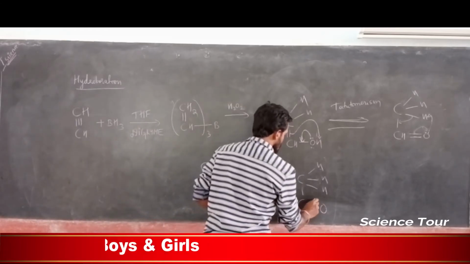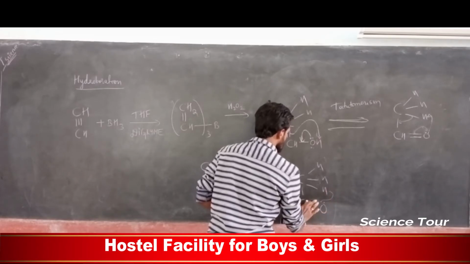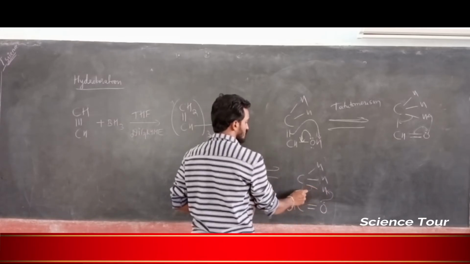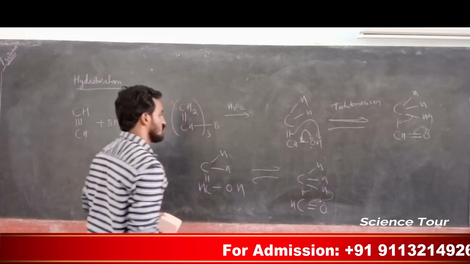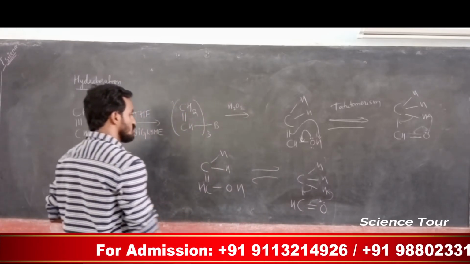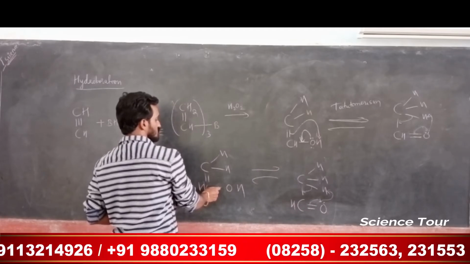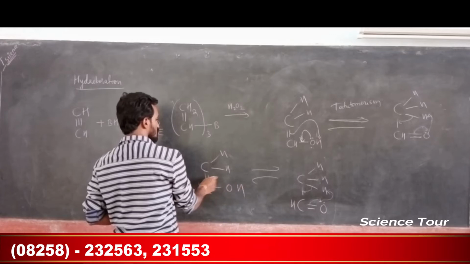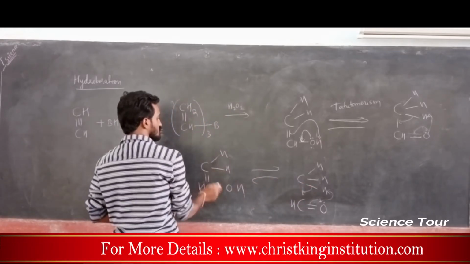This bond comes out, and here the lone pair of electrons will go and the lone pair of this oxygen goes and attacks this particular hydrogen. This will come here, and this will go to neutralize this charge. Okay, and if you do this reaction, you will get this product. Look at this product. Here the OH bond formed, here the double bond shifted to this side, and here only a single hydrogen.